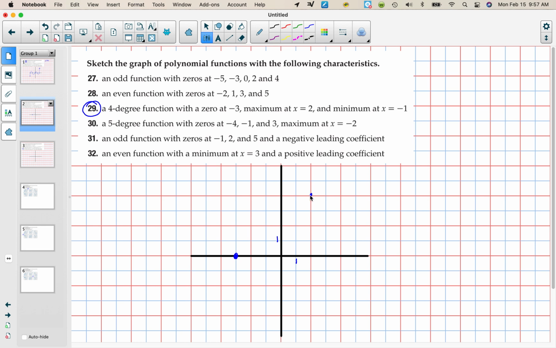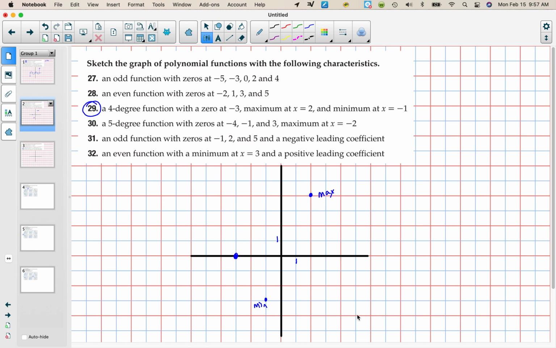So I'm just going to place it right here. And a minimum at x equals -1. So I'm just going to place it right here. So I'm going to say that this is my max and this is my min. Again, I don't really know how high up or far down I go because they don't tell me that. They just tell me to draw one that would have maxes and mins there. Has to be a 4th degree function. So if I start at the bottom, then I'm going to have to end at the bottom